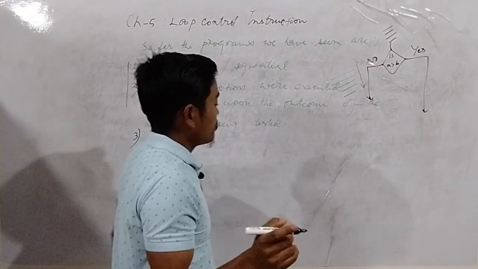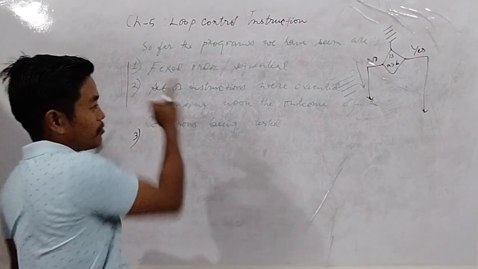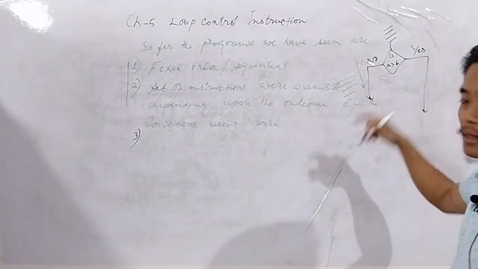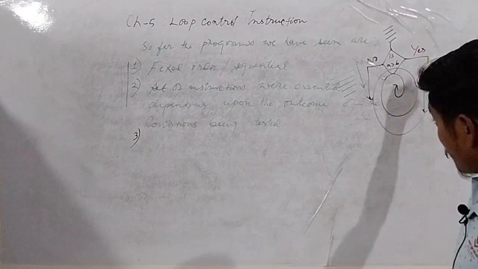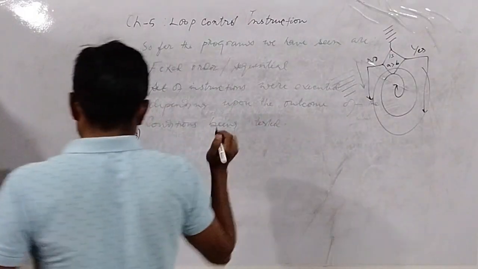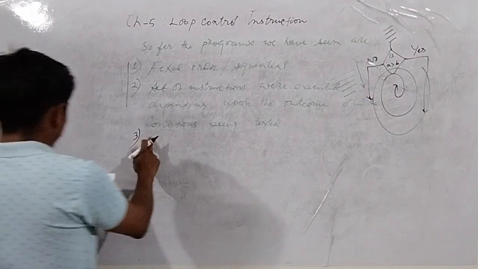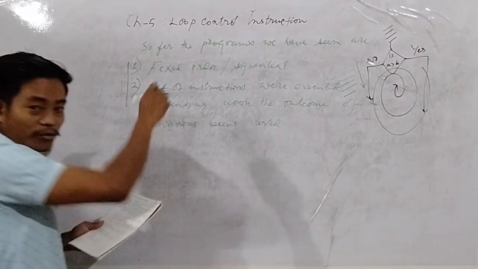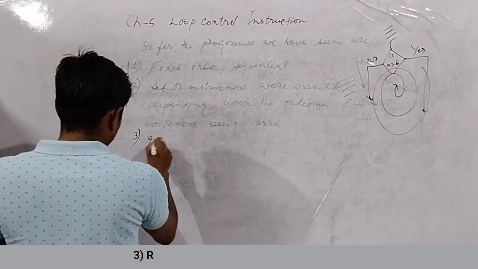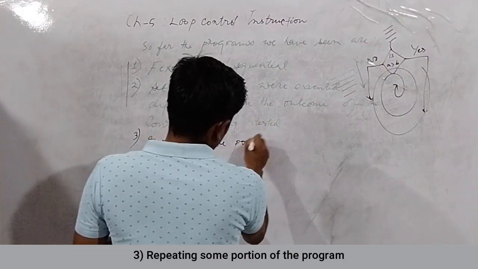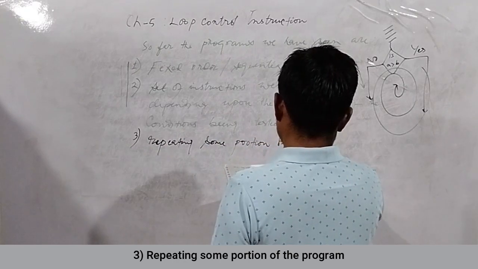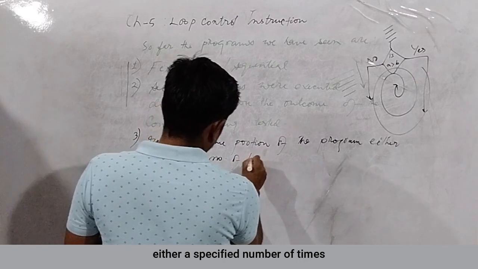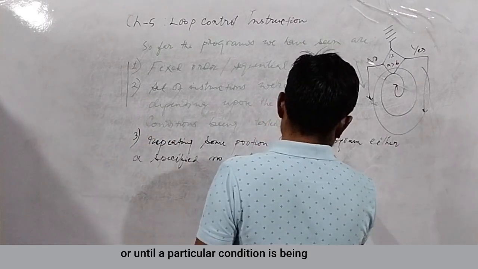The point to be noted is that according to the condition, control goes either this way or this way, but it will never repeat. The direction does not change, so there is no repetition. Now the third case is repetition, and that's why we call it loop control instruction. In a loop we repeat some portion of the program either a specified number of times or until